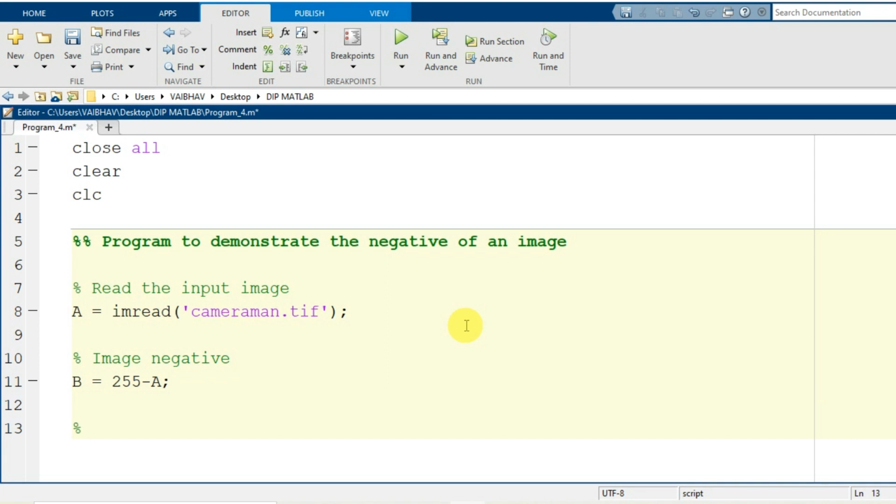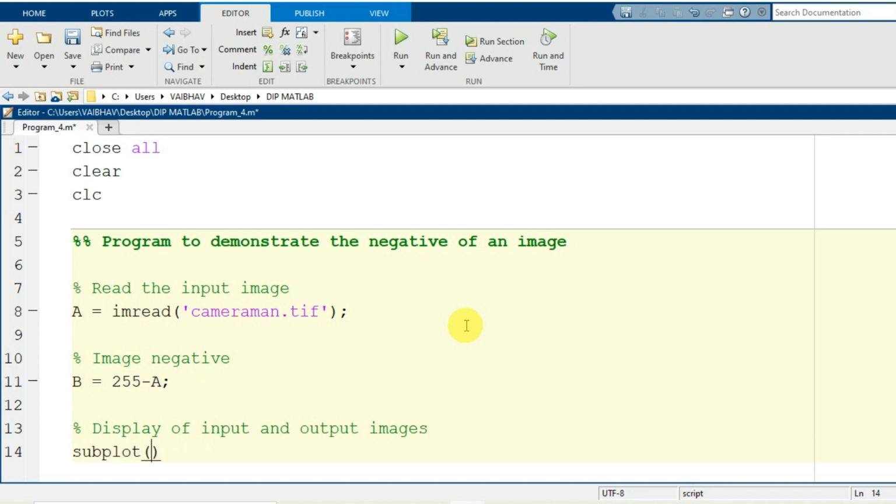Now we will display the input and output images here. So I write: display of input and output images. For display purposes I will make use of the subplot command.